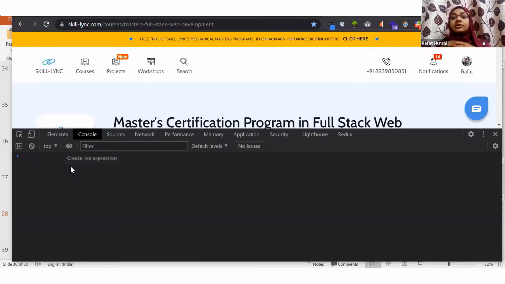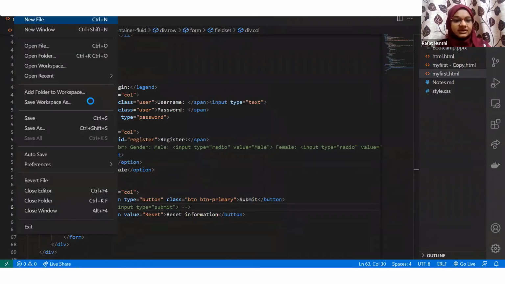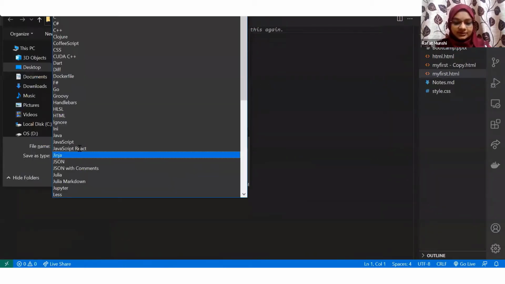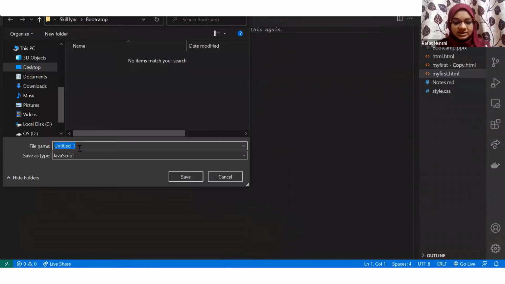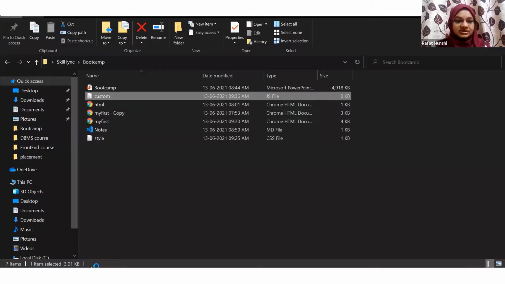Now in this console, if you write any code in JavaScript, you can simply open the console in your browser and run it. That's how easy it is to run JavaScript, even in Visual Studio Code. Again, it's very good to create JavaScript in Visual Studio Code. Simply create a new file and save the file with a JS extension. So here, as you can see, a JavaScript extension, and I would write, let's say, custom JavaScript, and I save it. So now in my folder, you can see my custom.js file is stored.